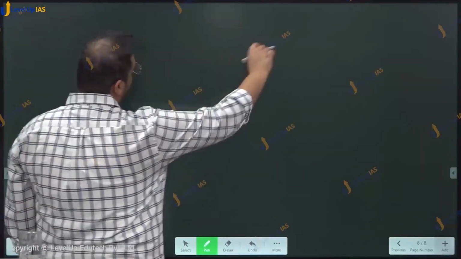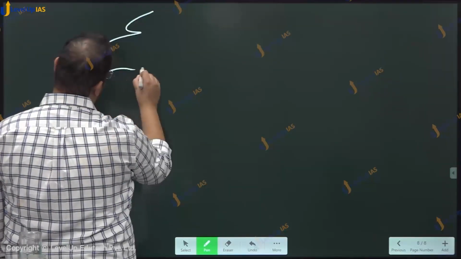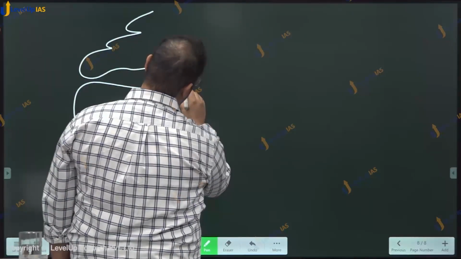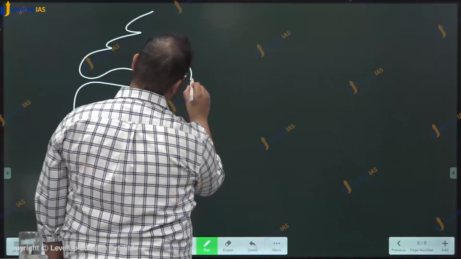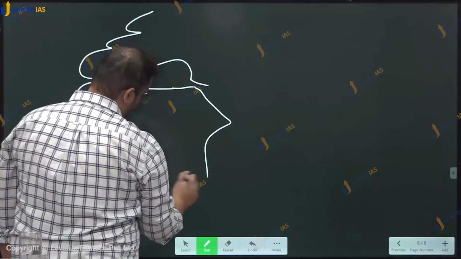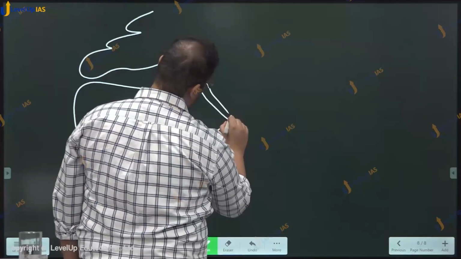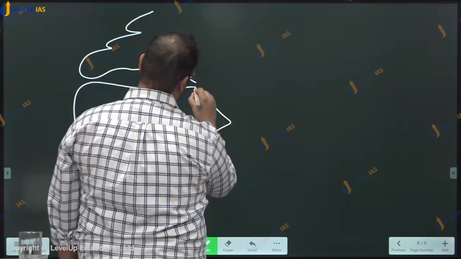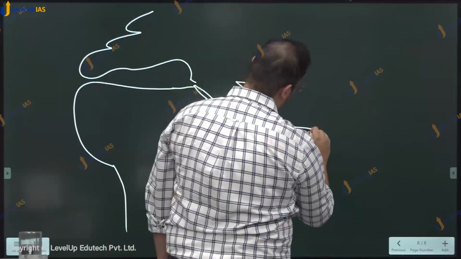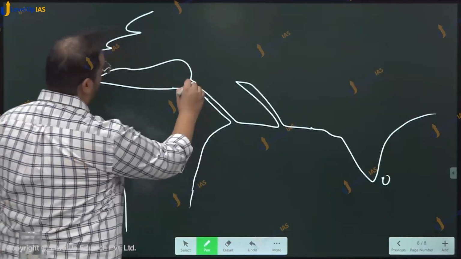So, if we were to take a look at the world map or map of this portion of the world, right? So, Arab world